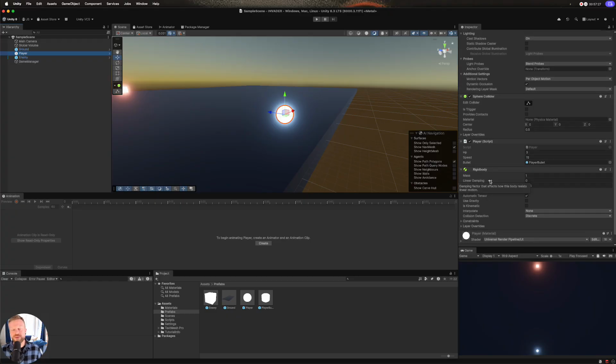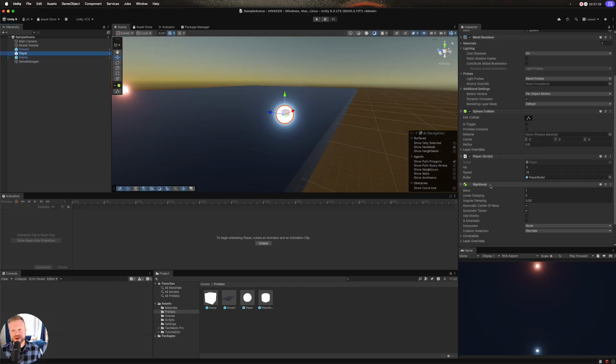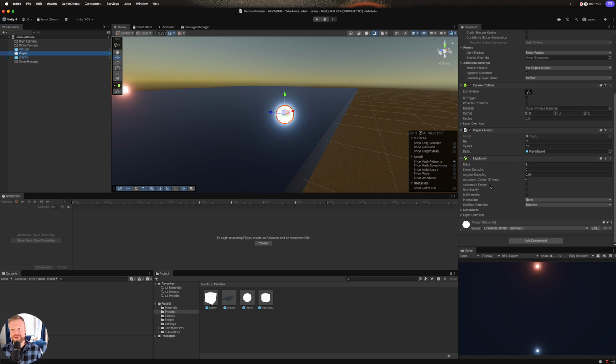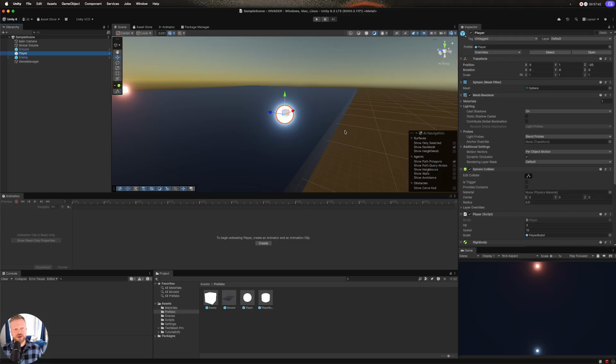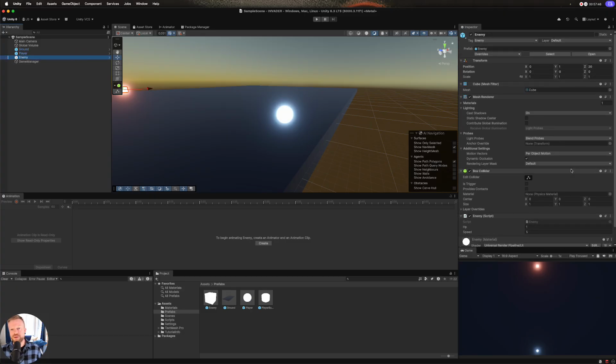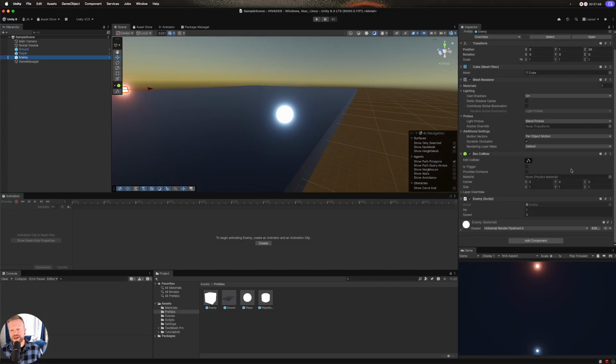We had it working the other way, but I want it to work this way, right? I don't want to have a rigid body on everything. That's expensive. When we say it's expensive, it means it takes up a lot of computer processing. Okay, player has a rigid body and a collider, not a trigger. Enemy has the box collider. Oh, nope, yep, nope, that should be right. And so the script,